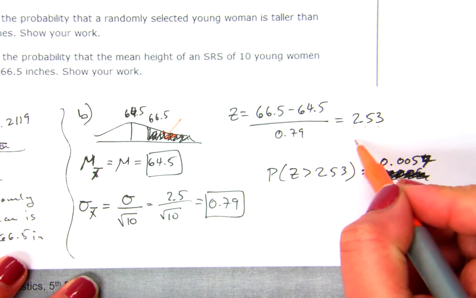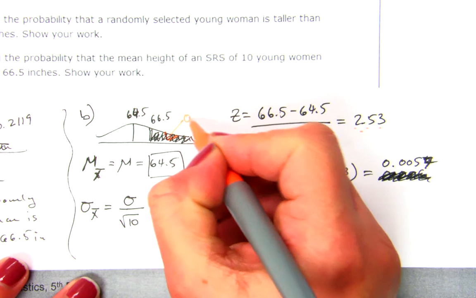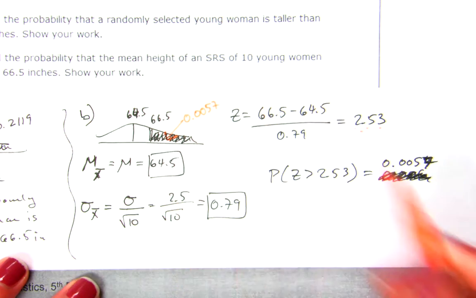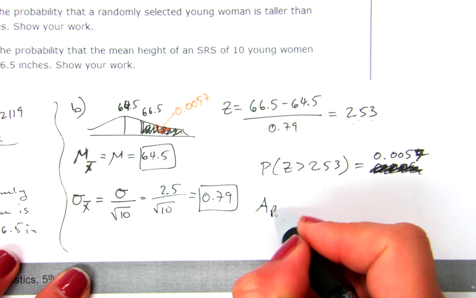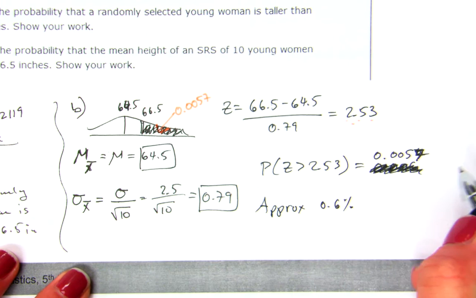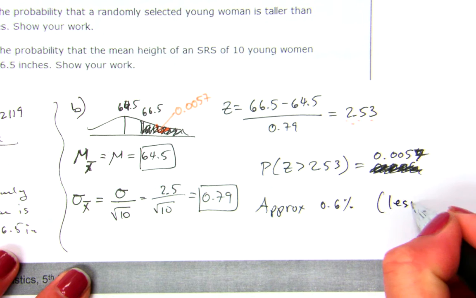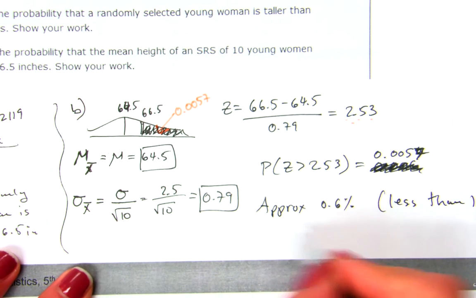You take away from 1 whatever you find at 2.53, and you should get 0.0057 over there. So approximately 0.6%, right? So less than a 1% chance